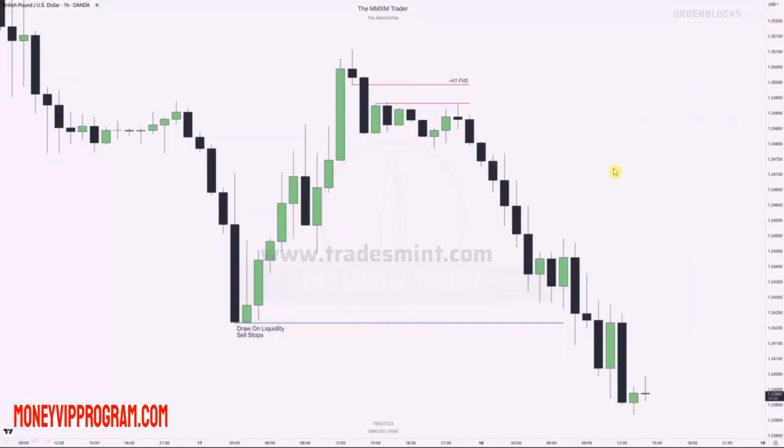We've got a British pound US dollar 1 hour chart. This is the last of the time frame alignments for the order blocks, right? We're using a 1 hour chart and dropping into a 5-minute time frame to see how the order blocks continue to support or resist price action to our draw on liquidity. So over here, if we have this whole piece of price action, we can see these buy stops have been raided up here, right, into a level up here. We're continuing lower, leaving a fair value gap behind. So this is our key level over here, right? We have this 1 hour fair value gap, and now intraday we need to frame our order blocks on the 5-minute chart. Draw on liquidity being on the sell side,